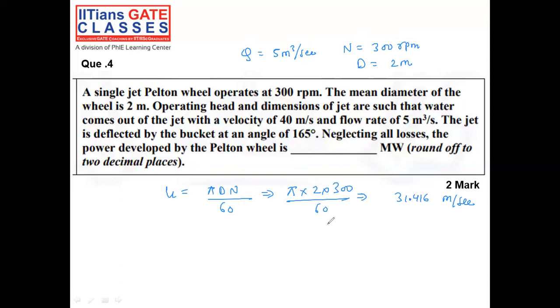And after this, they have given the deflection angle, that is the jet is deflected by an angle of 165 degree. What is the meaning of this? It is a semi-elliptical bucket in which the water is coming with some velocity. Okay, let me just calculate each and everything. Then I can go to the velocity triangle diagram for the Pelton wheel. Velocity of jet V1 is 40 meter per second. Everything is well. Let me just write it onto the next page.